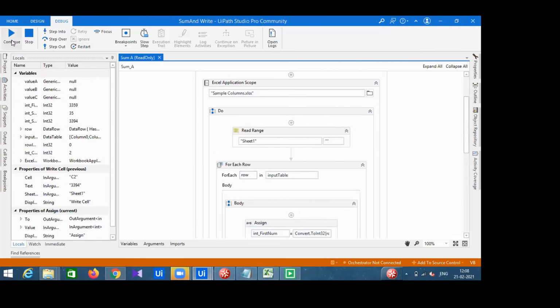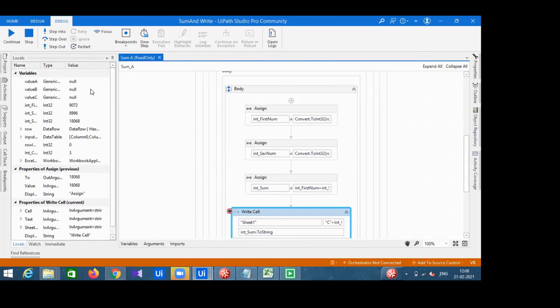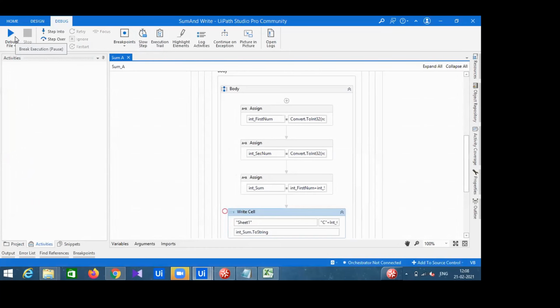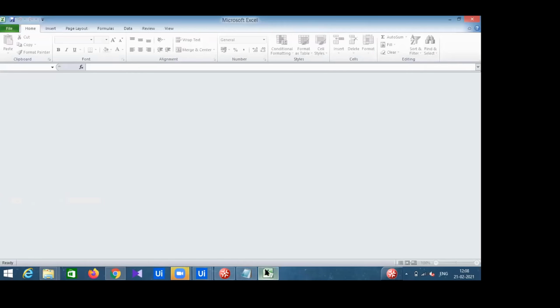So I will go and click on continue. What continue will do is, I will just remove this debugger and continue. Now it will execute for all the items, because we have seen it is working for 1. So the bot is completed. Now if I go to the Excel,